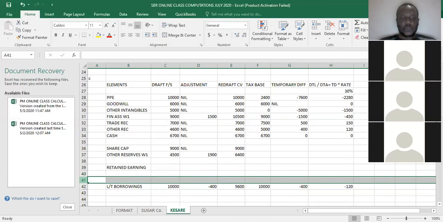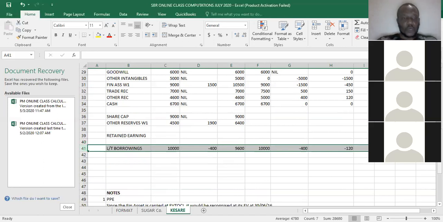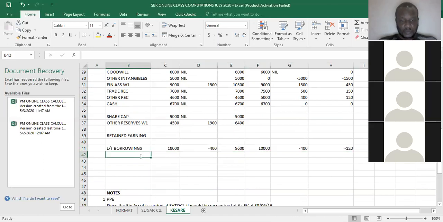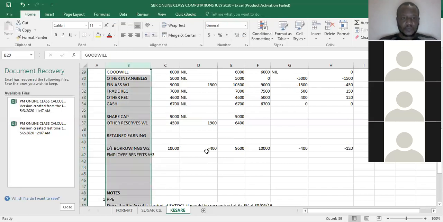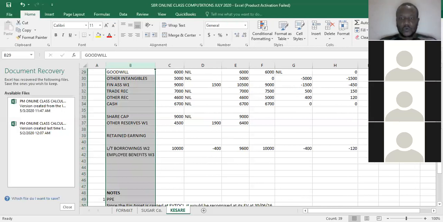Okay, so we're almost done, I think. We go to our employee benefits. We've discussed that already. What do we do about employee benefits now? We have a note for that. So the past service cost now. Our long-term borrowing was work 2. Our employee benefits will be work 3. So for work 3 now,